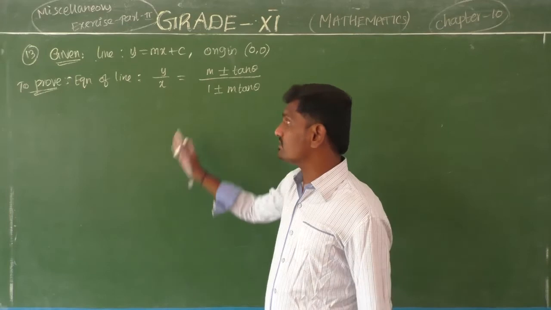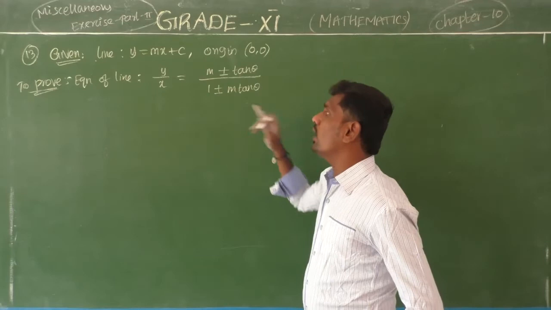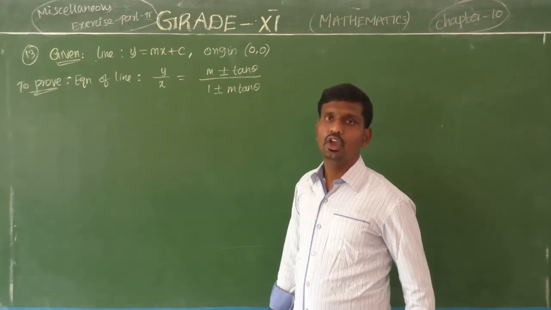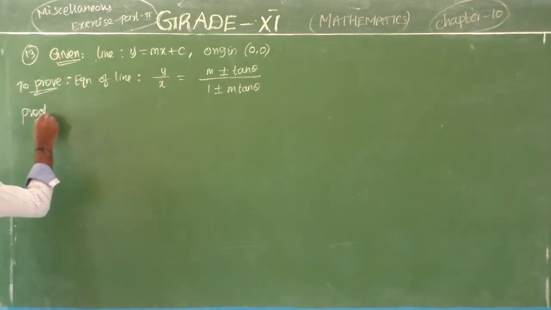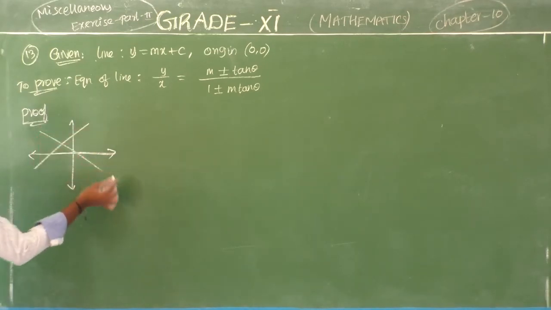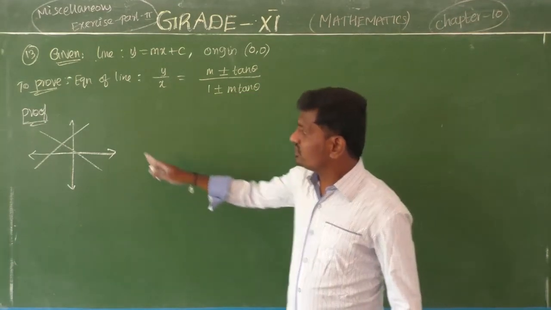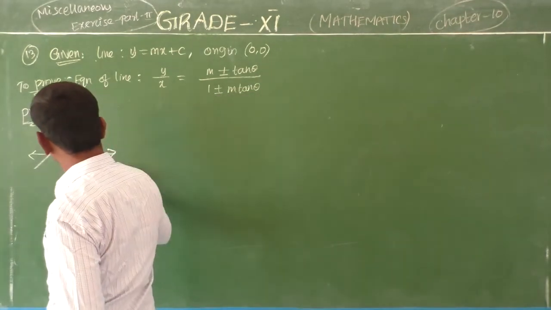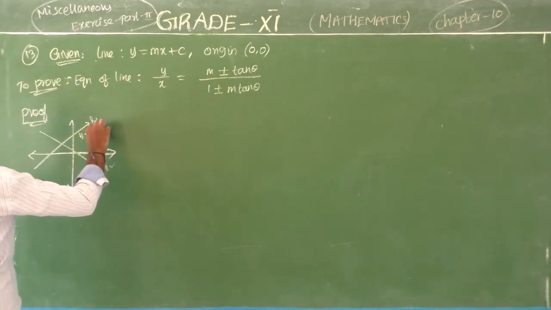line y equal to mx plus c is y by x equal to m plus or minus tan theta by 1 plus or minus m tan theta. Okay, students, now coming to the proof, I am giving you the diagram as per the previous question. We take two straight lines like this. This is the first straight line L1 and this is the second straight line L2. So L1 is y equal to mx plus c